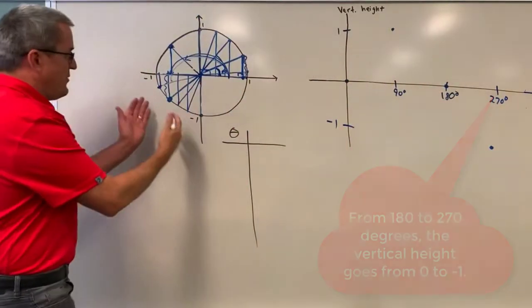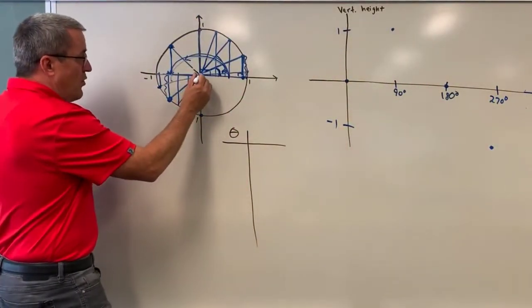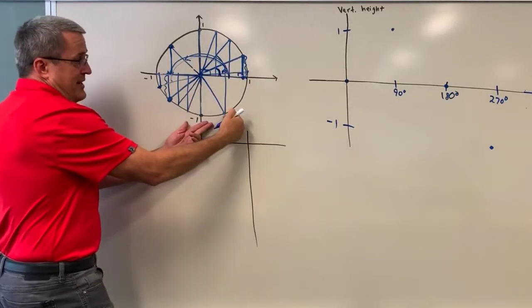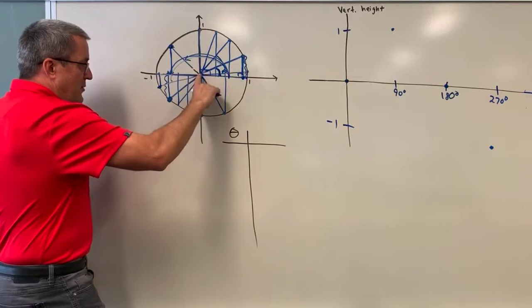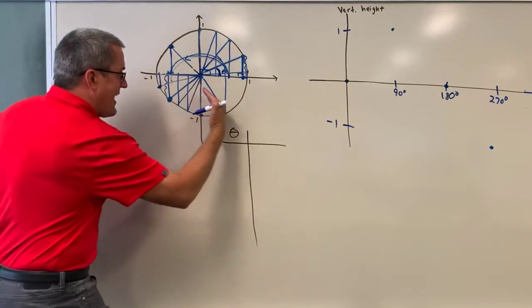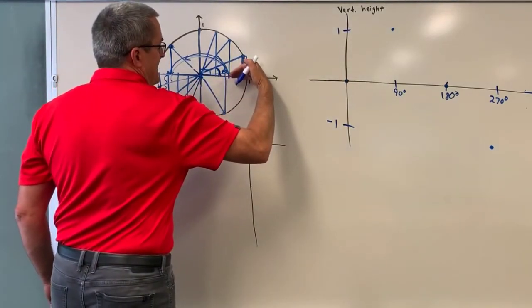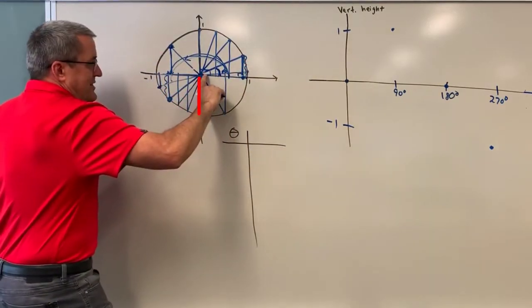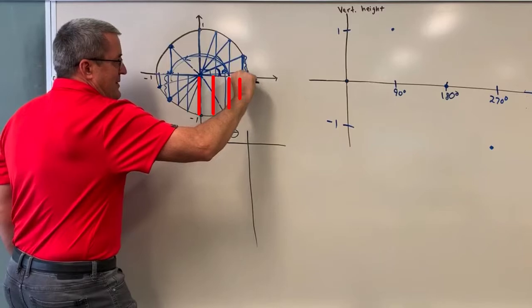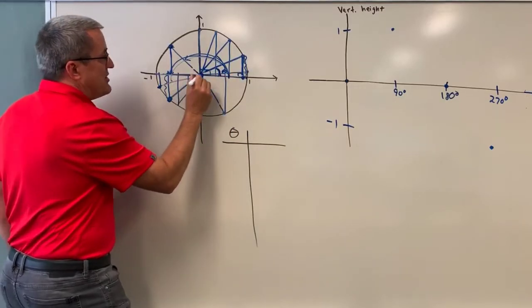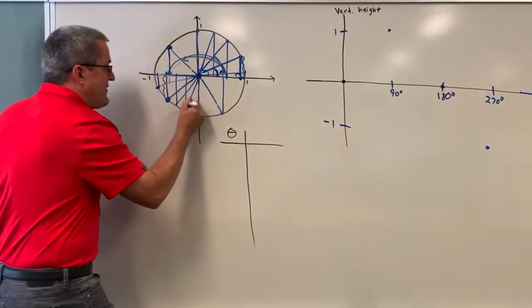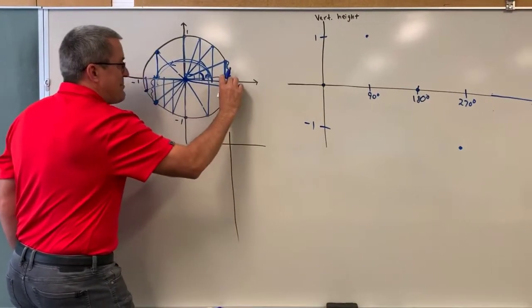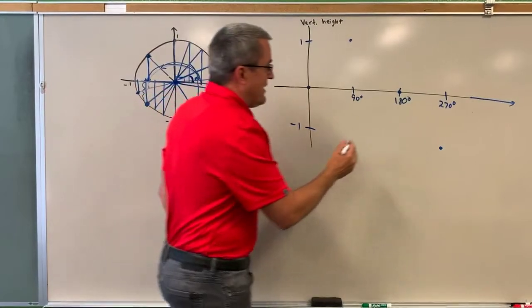And then what happens as we run through quadrant 4? In quadrant 4, we're also going to see vertical heights that are on the negative side of the scale. They're going to start relatively large, and as that angle rotates to complete one complete revolution, to get to 360 degrees, that vertical height is going to get smaller and smaller until, can you imagine, a 359-degree angle is going to be like this, and the vertical height's going to be pretty small. So we're going to come back up